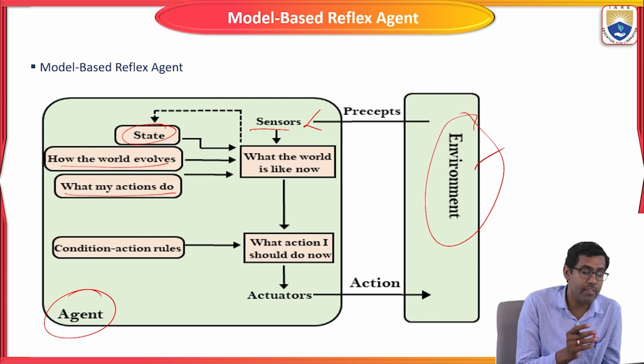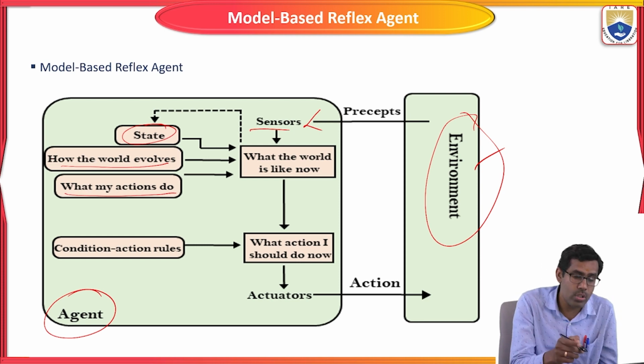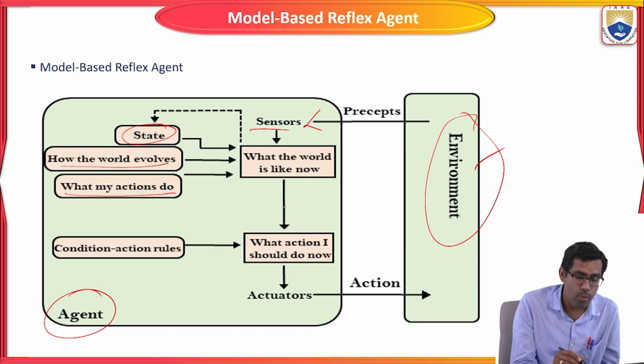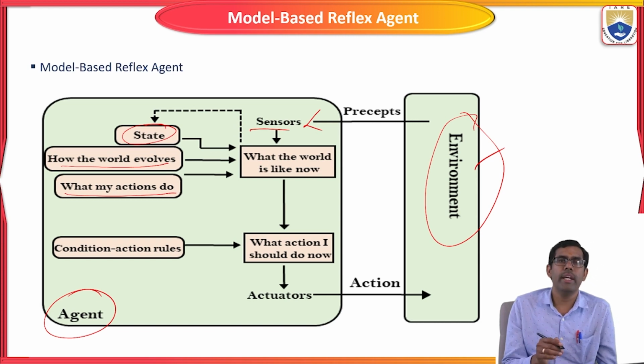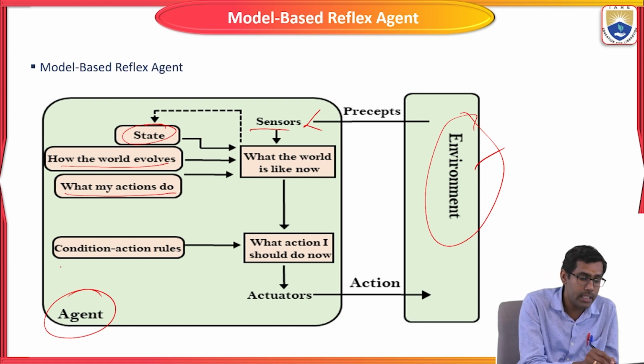So the particular state has two conditions, and based on the two conditions, it will take action. Then next, just after that, we will move to what action I should do now. We have some information, we observed something through the sensor in the environment. We have a different state, a different condition. So based on that, what action am I going to take now? Based on the condition rule,